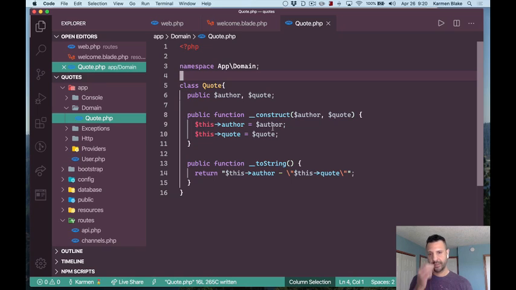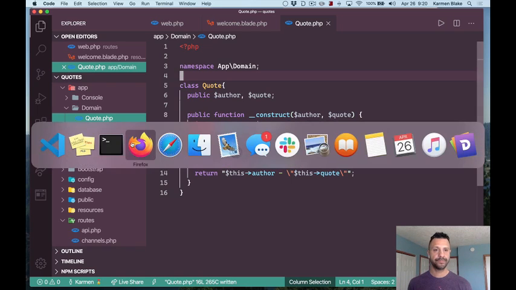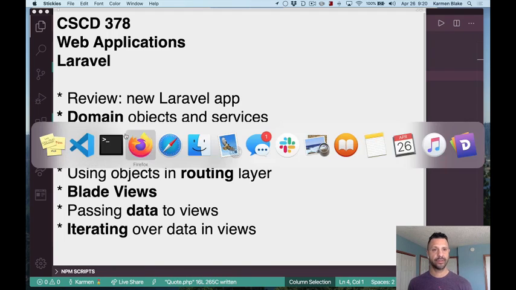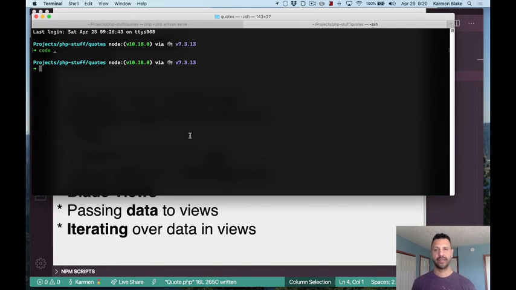So we'll come back to the code here in a second, but I wanted to show you this tool called Tinker, that allows you to try out some code before you actually start using it. The way you execute Tinker is from your application root. It's artisan tinker, like that. And so from here, I can use